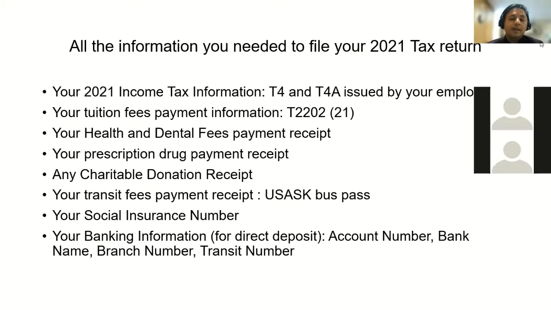So here, as you can see, a form like the University of Saskatchewan issues a form which is called T2202 2021. This is the form where you will find how much money you paid as tuition fees during 2021. Also, I forgot to mention in the previous line that we have,